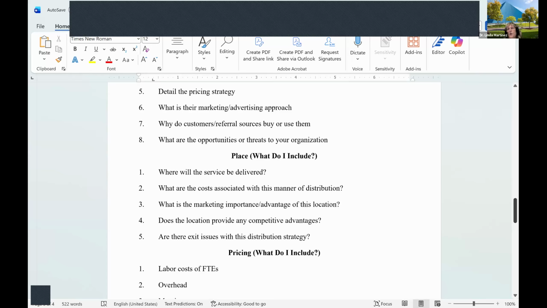What is the advantage to where you're at that would make this location ideal for you? And does it provide any competitive advantages? That can be a lot of things.